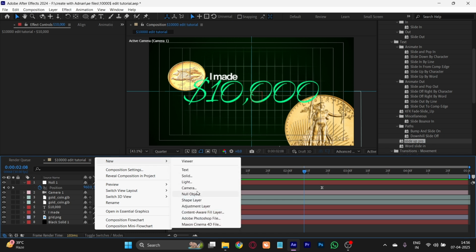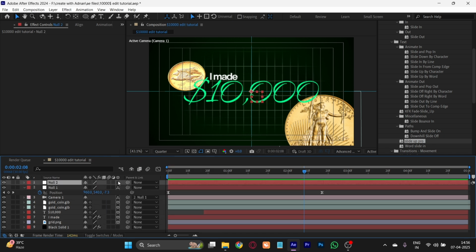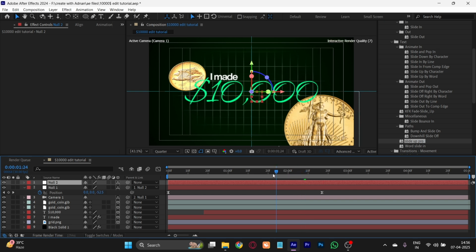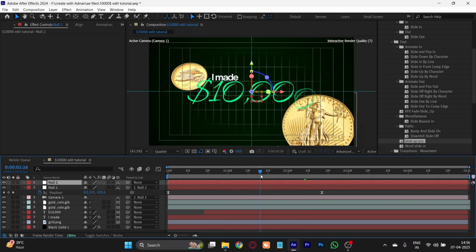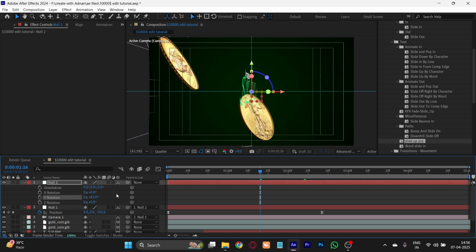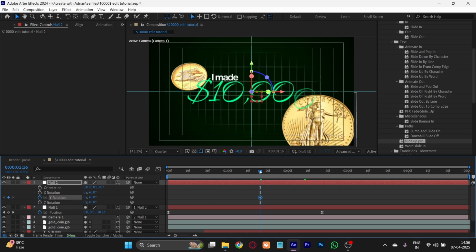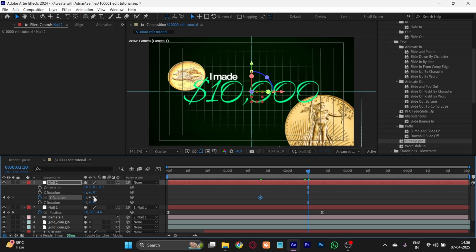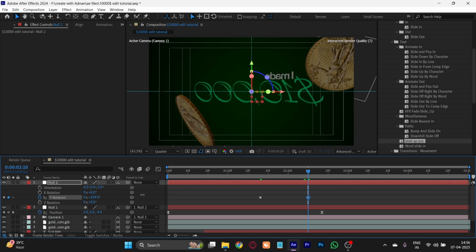Now let's add a new null. Make it 3D. Parent the first null to it. Now make a keyframe on R somewhere here. We will rotate by Y rotation. So make a keyframe here. Make another keyframe somewhere here, and